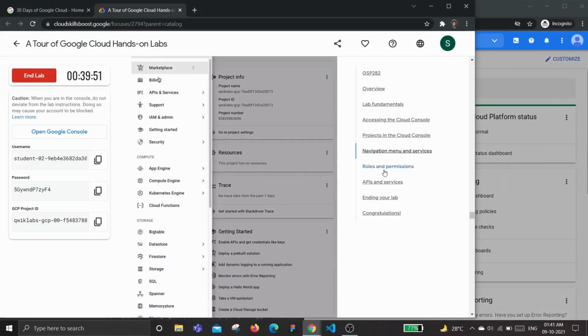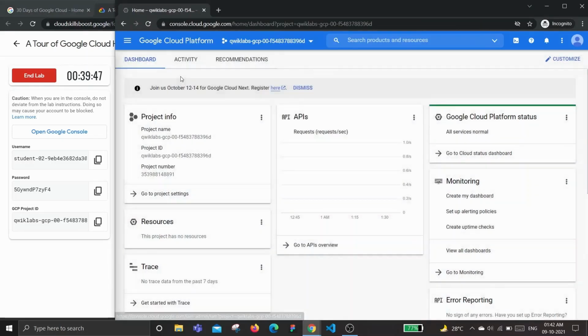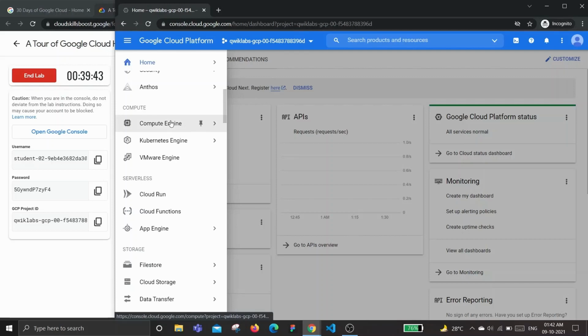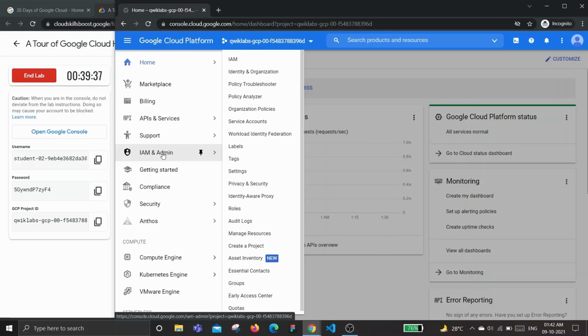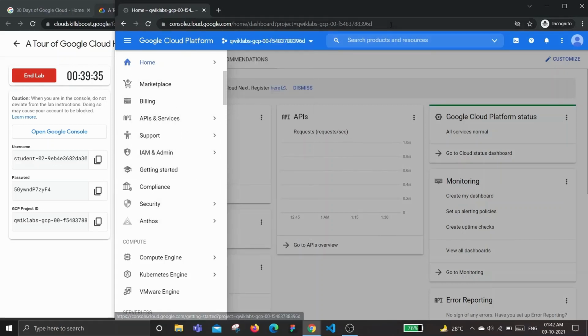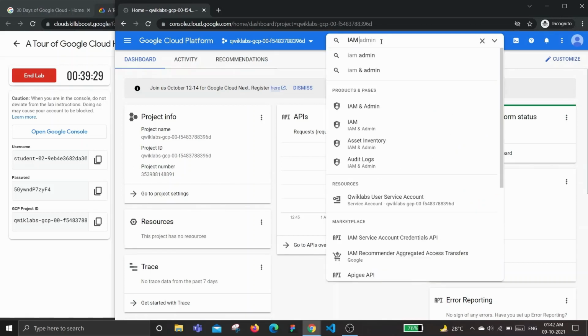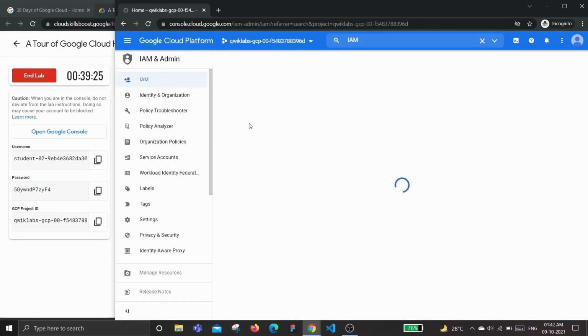And now they are talking about roles and permissions. For that, what you can do is jump to the IAM section. If you're not getting here easily, here is the IAM section, and if you are unable to find it here, you can also use the search bar. So let me do it, IAM. Now let's go to IAM and Admin,